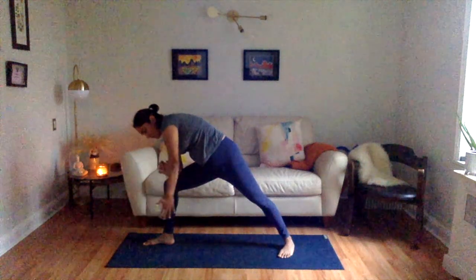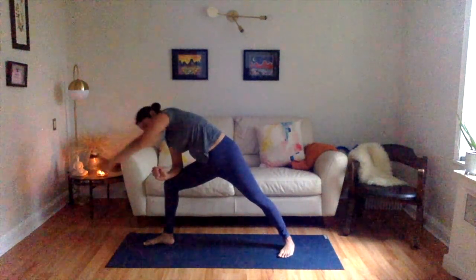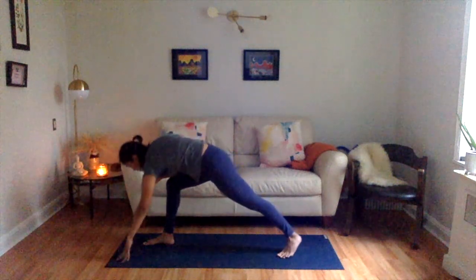Reach up and over with that left arm. Start to make a big circle going forward and down, really reaching through your fingertips, like you're stretching to reach for something. And keep making big circles here. Feel that left side body opening up. Take one more round, and then when you land down this time, you're going to start to shift your weight